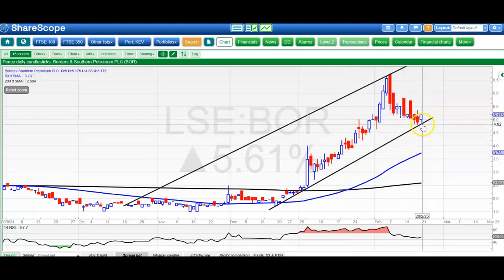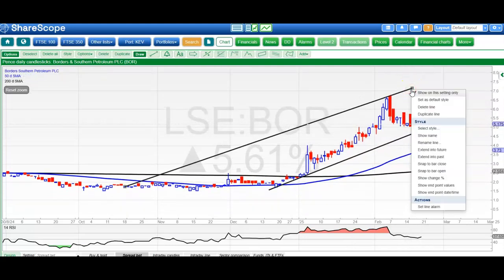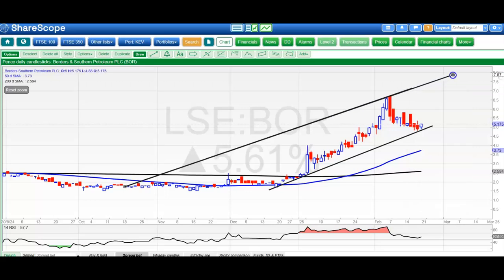It's the floor of the channel there around 4 3/4 pence. Above that, we're looking for the shares to hit the top of the channel there as high as 8 pence by the end of next month. It's also helpful that with the fundraise announced today, the shares are actually up, which normally only happens in the strongest of situations. We've also had an RSI rebound above neutral 50, so pretty positive picture there for Borders at